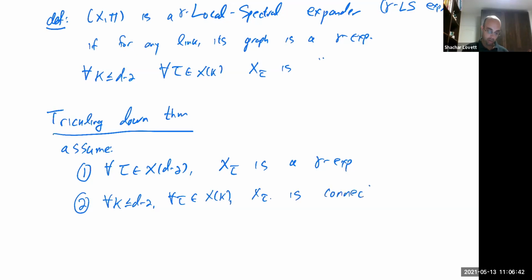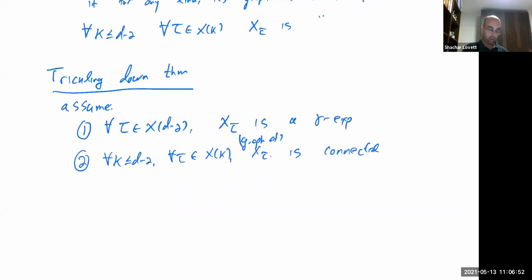The underlying graph of X tau is connected. And the conclusion was that then X pi is a gamma over 1 minus d minus 2 gamma